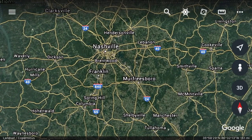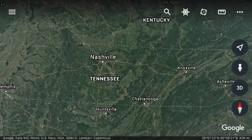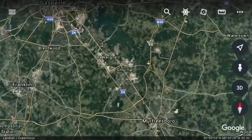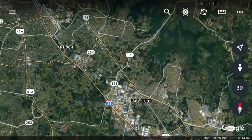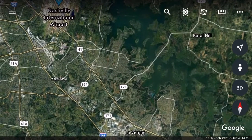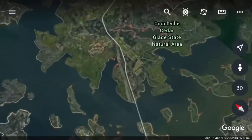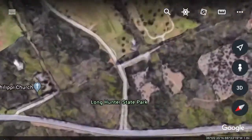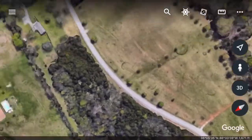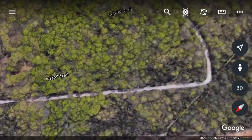So if you're in Nashville, this first location is in southeast Nashville. If you go to Highway 171, go across the lake, across the bridge, take the first right into the state park of Long Hunter State Park. The visitor center is right there, but you just keep going past the visitor center, go up, take your first right. It'll take you to a parking lot,